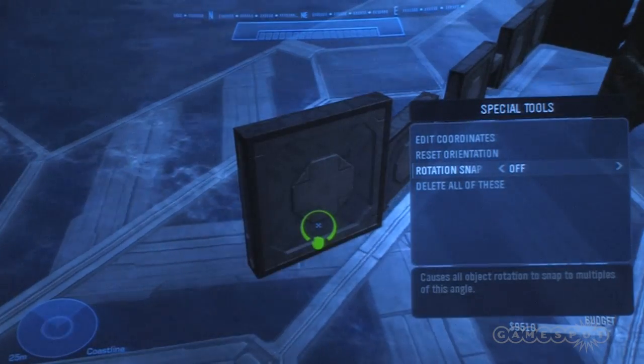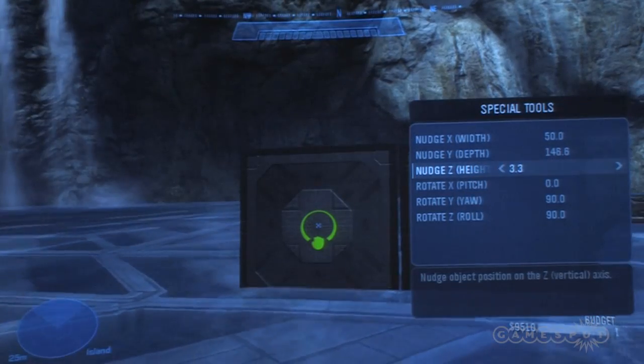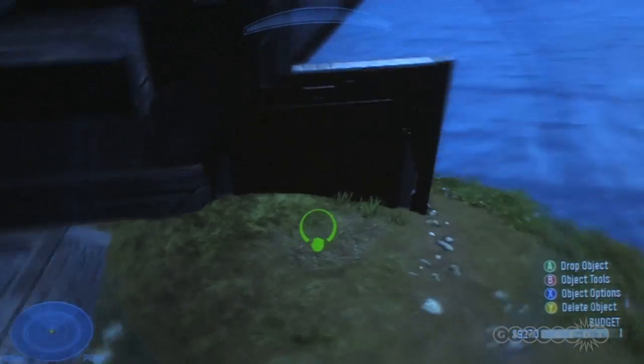It's much easier to build a Forge space. There's snaps and rotates and degrees and units that you can move things. You can be very precise. The camera controls, it's actually really good for object placement because like